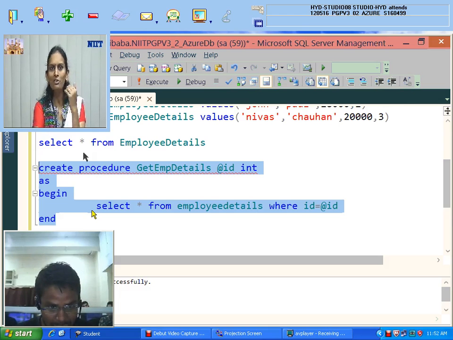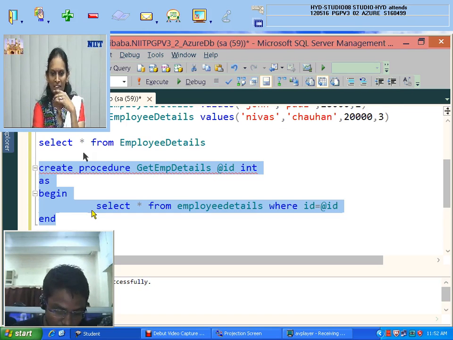But I'm not here to teach procedures. I'm here to show how to execute this procedure from the Azure module. It does not mean that I can teach SQL server now. Procedures, functions, select statements, can I teach? Which module am I teaching, SQL or Azure? Azure we are learning.